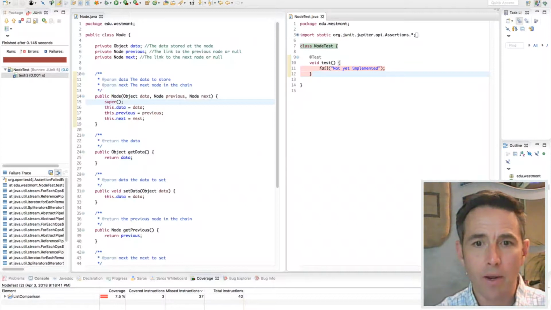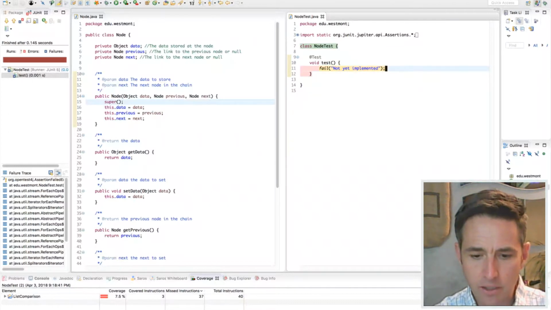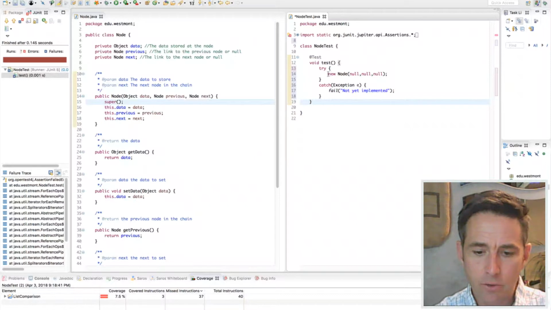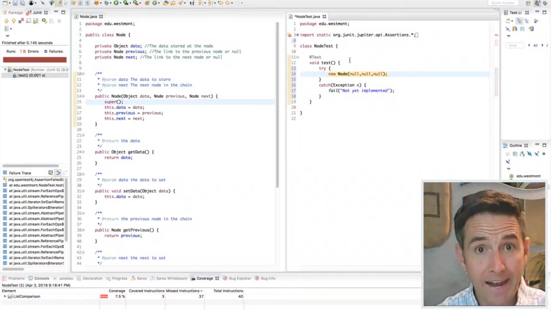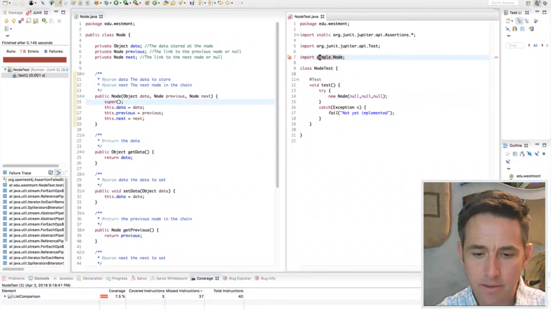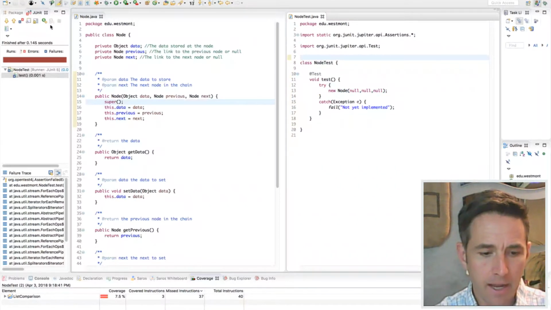We want to be able to evaluate how this node works, and so let's start by just changing our basic test to make sure that our constructor works. If our constructor works okay, then if we create a new node, even though we're passing it in null references, this should successfully create a new object without causing any exceptions. If it does cause an exception, then we'll fail. If it doesn't cause an exception, then we'll just pass through this try block and this code will run without any problem. Let's see, we've got a problem here with our imports. Let's clear that. All right, and now when I run my test,